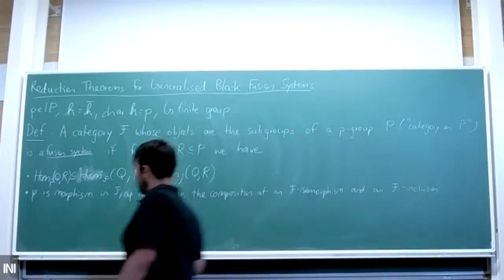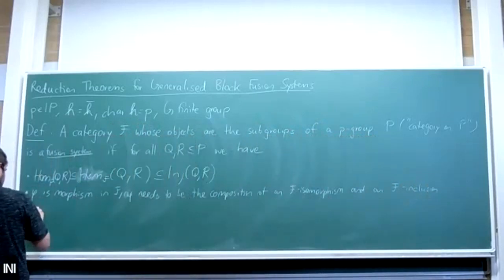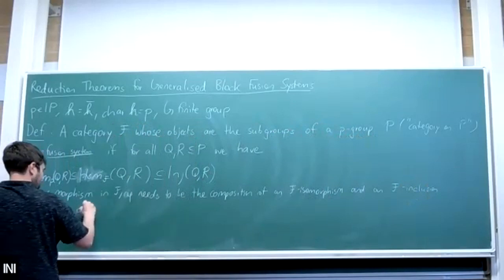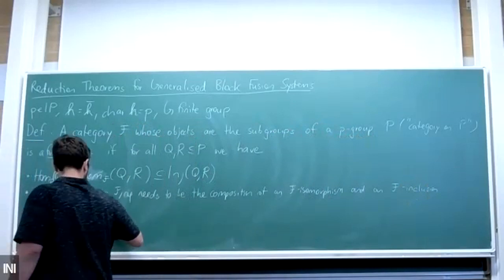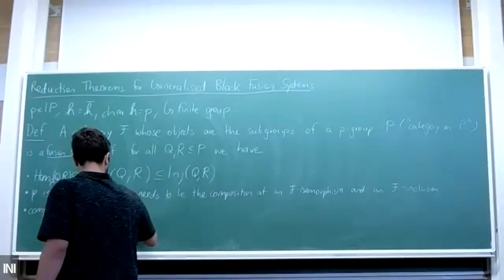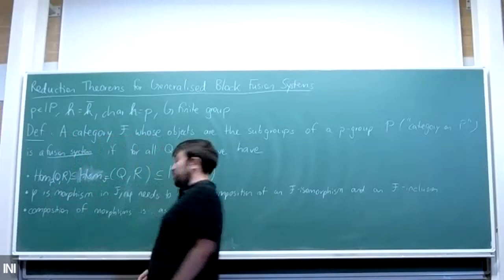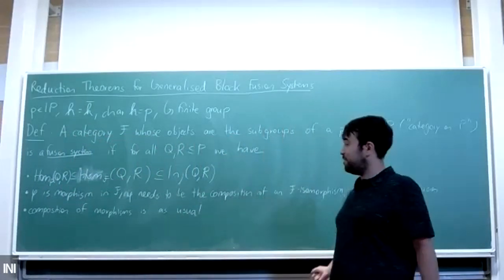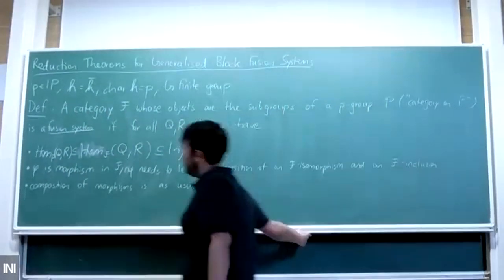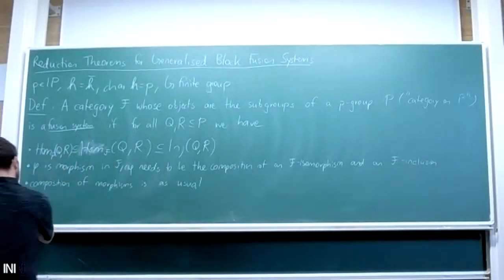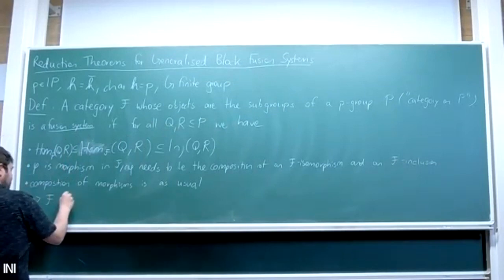And lastly, composition of morphisms is as usual. So it's the usual composition of group homomorphisms. Okay, so if we have a category which fulfills all these assumptions, we call it a fusion system,